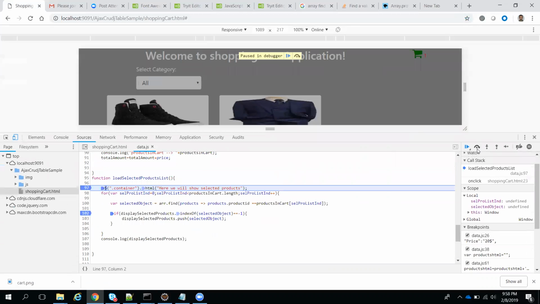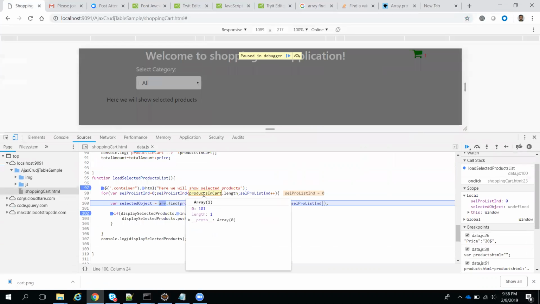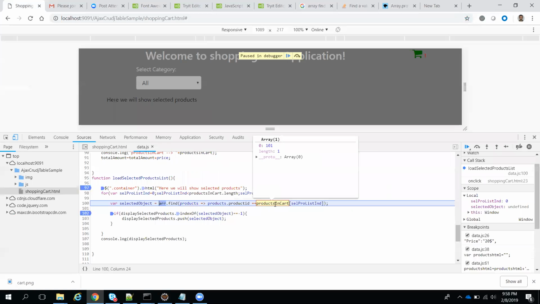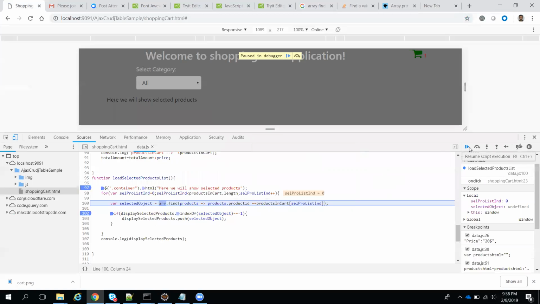Now when I go to the next line, see, now index products in cart. We have only one item. That item we are trying to find in the total products. Now, products in cart, what is the value? It is 101. So it will compare with these product IDs. If it matches, it will add that element.